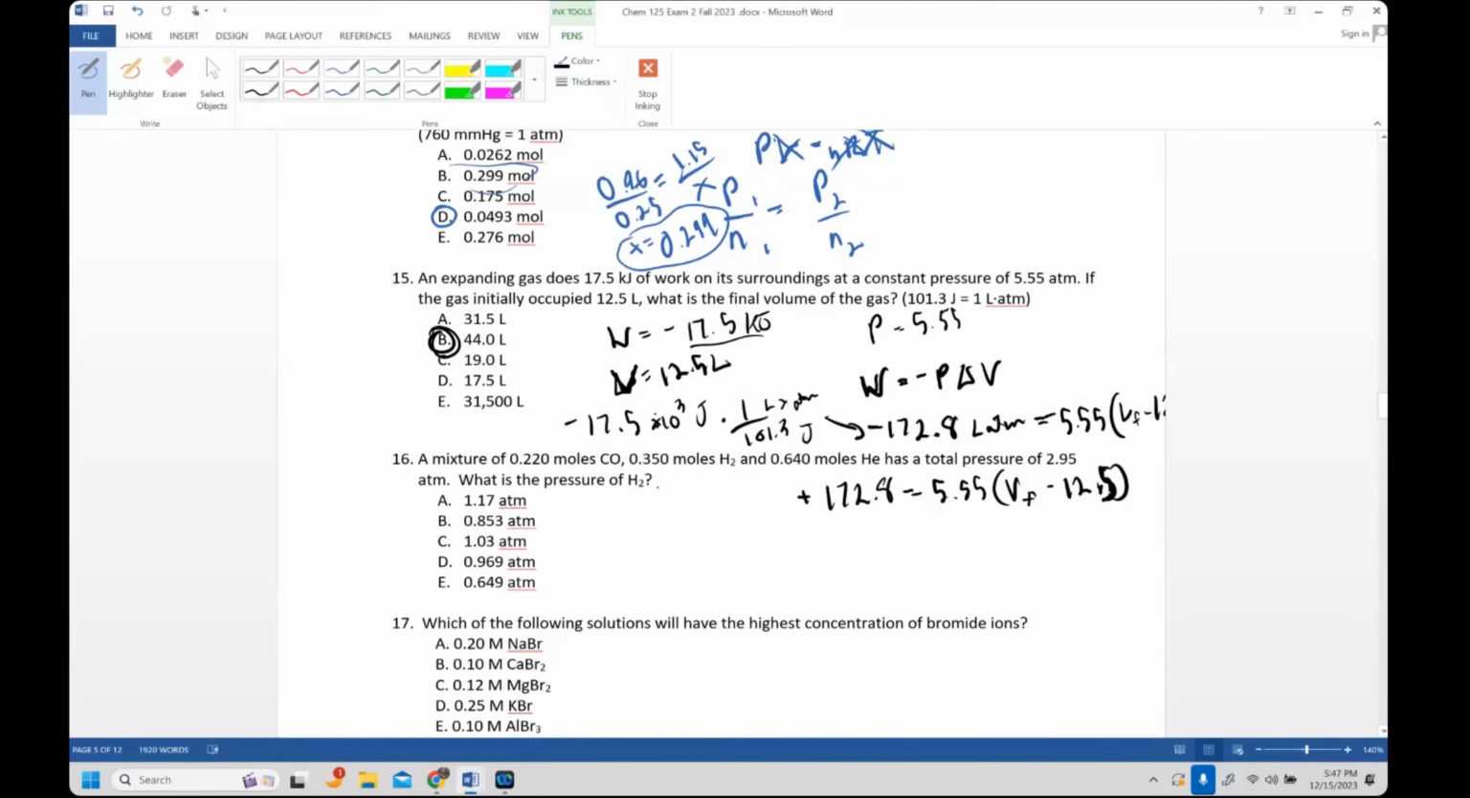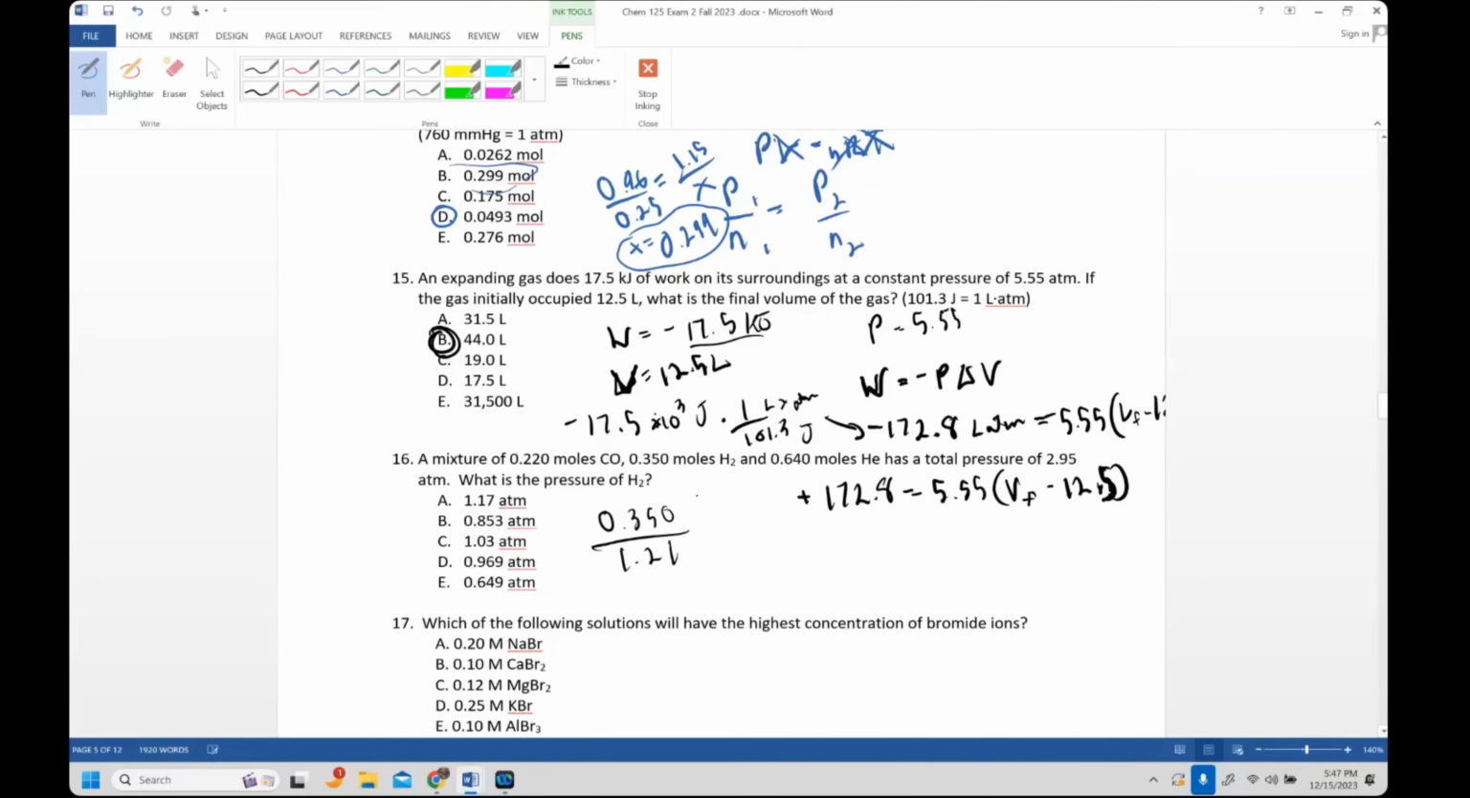get the pressure fraction. So the mole fraction is the same as the pressure fraction because we consider each molecule of gas as equal, independent of the mass of it, because the distance between each molecule is so large. So let's look at H2. We have 0.35 moles divided by the total number of moles in the sample, which is 0.35 plus 0.22 plus 0.64. And that's going to be